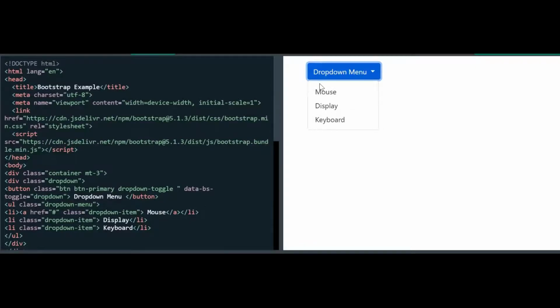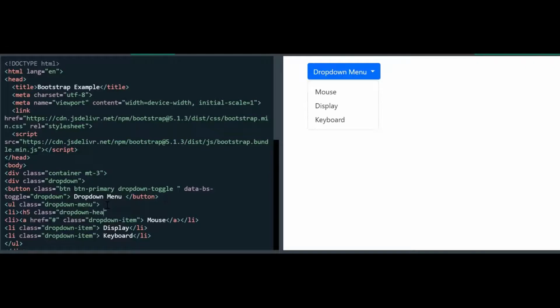So you can add a heading to it, meaning that it is a computer related items. So let me add a header to it. So how can I do that? I'll be taking an li on top of this, inside this UL, so I'll be adding a header. So I'm saying li class is equal to, okay, let me take a heading tag, which is h5 tag, and I'm saying class is equal to, so what is the class, which is drop down